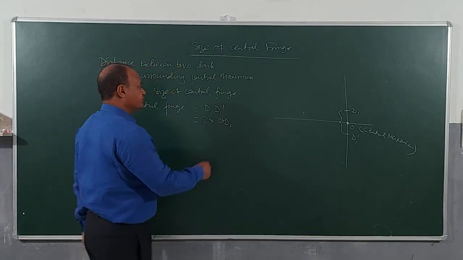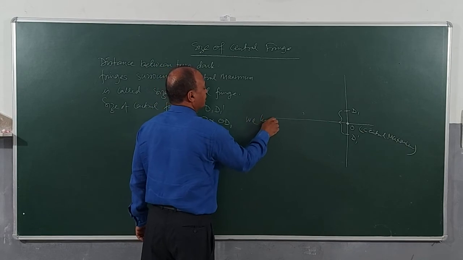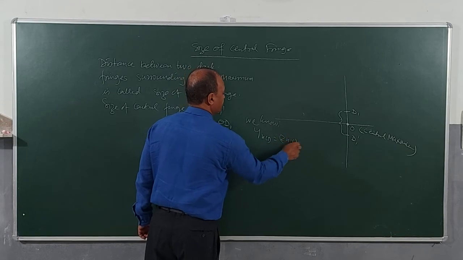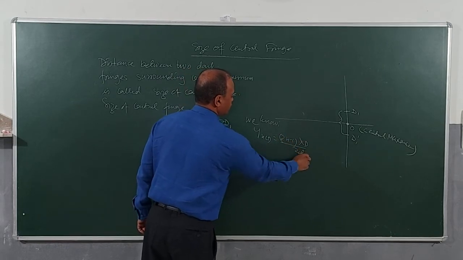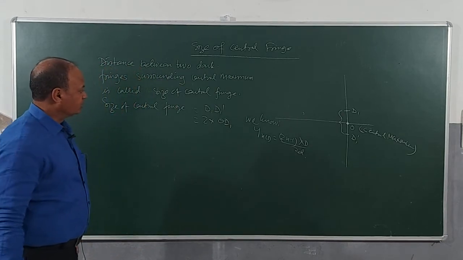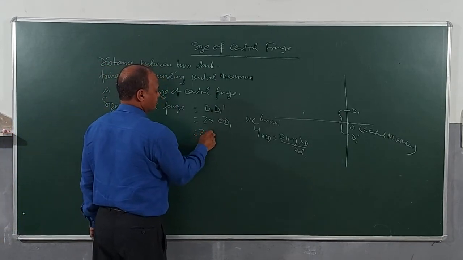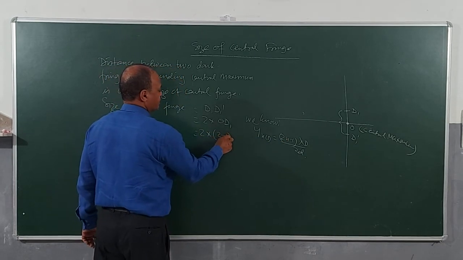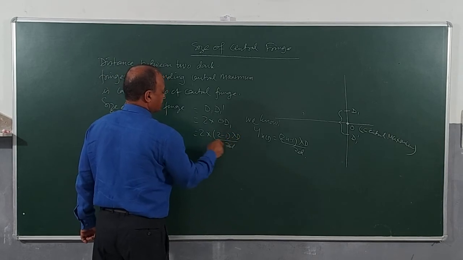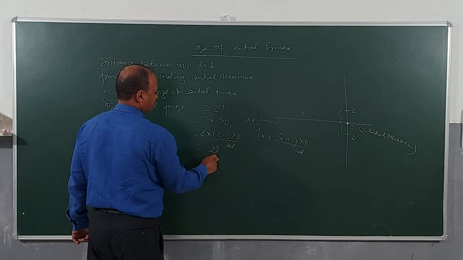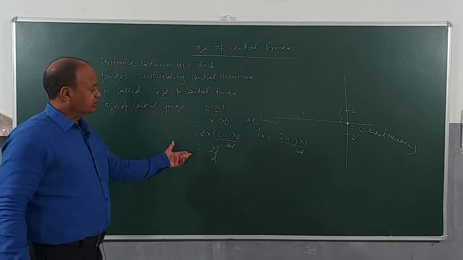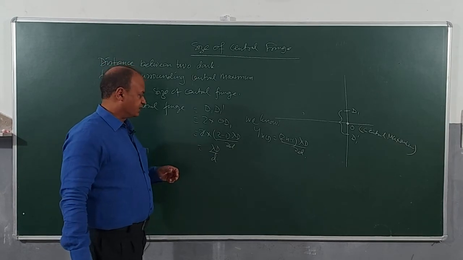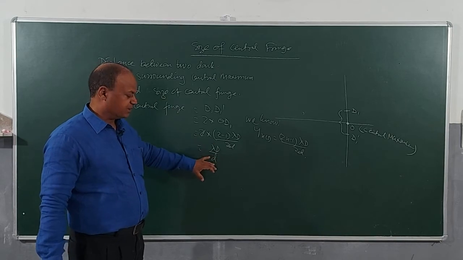Clear? Now we already know the distance of the nth dark spot will be (2n minus 1) lambda D by 2d. So I'll put n equal to 1. So it will be (2 minus 1) lambda D by 2d. Cancel this out, and this will be lambda D by d. So this value is the same as the fringe width. So the size of the central fringe is lambda capital D by small d.